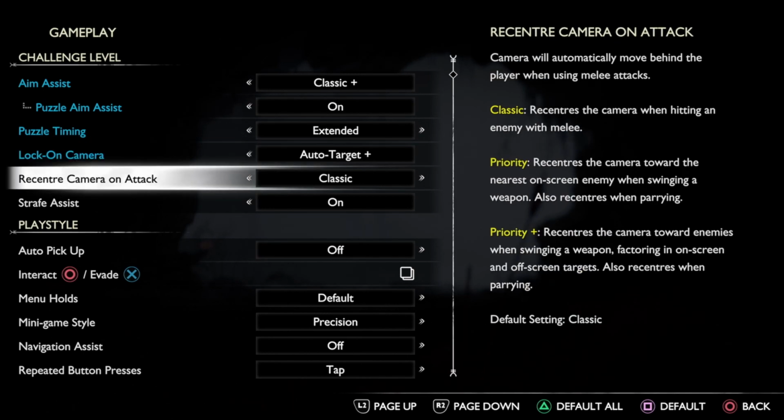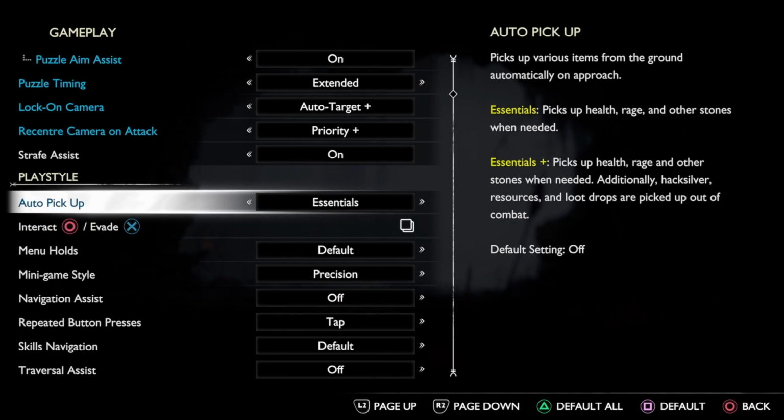Recenter camera on attack. Classic recenters the camera when hitting an enemy. Priority recenters the camera toward the nearest on-screen enemy when swinging a weapon and parrying. My choice, priority plus, recenters the camera toward enemies when swinging a weapon and parrying, factoring in on-screen and off-screen targets. The auto pickup setting has choices between essentials,